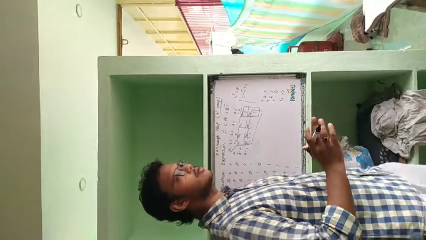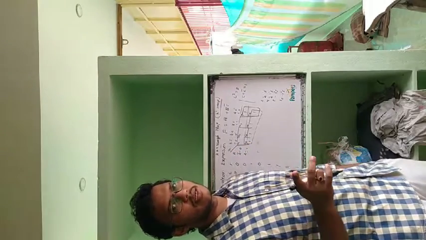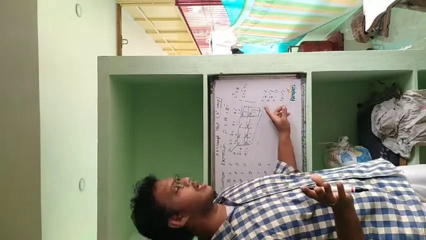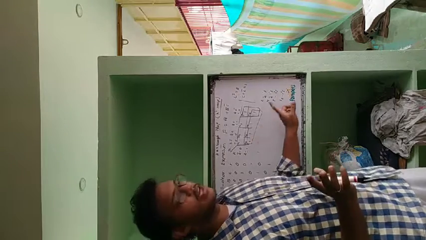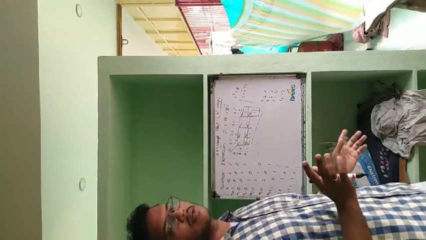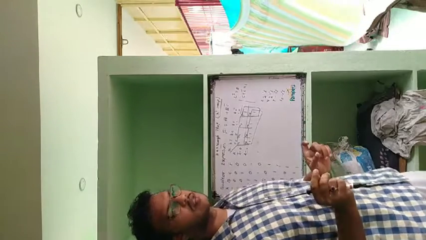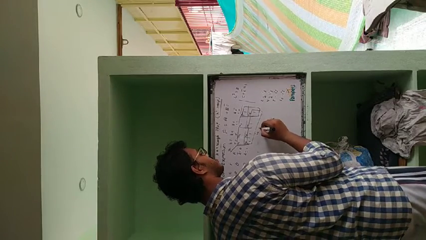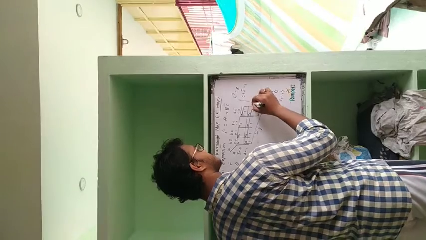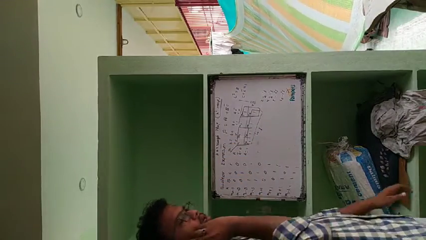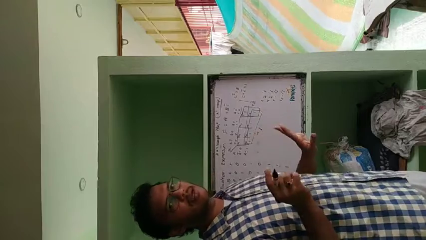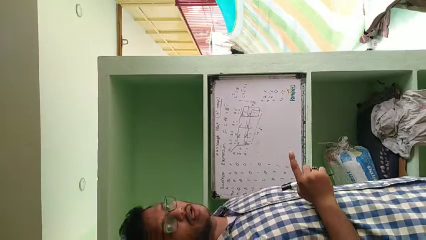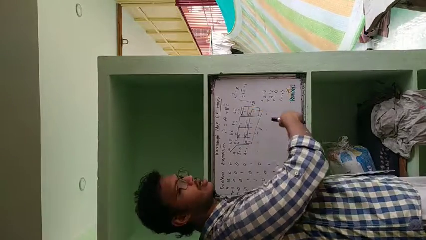So what I'm trying to say is the pairing should happen in 2 ones, 4 ones, 8 ones, and 16 ones. The pairing should not happen in 3 ones, 5 ones, 7 ones, 9 ones. It should be even ones. This is group 1. Name it as group 1. This is group 2. This pairing should not happen in the diagonal way. You should take it in the row way or column way.